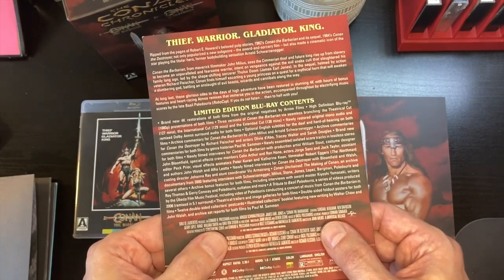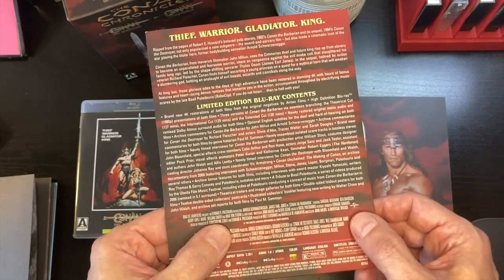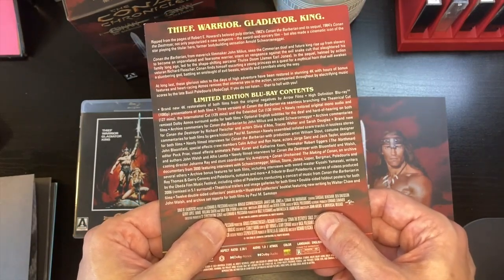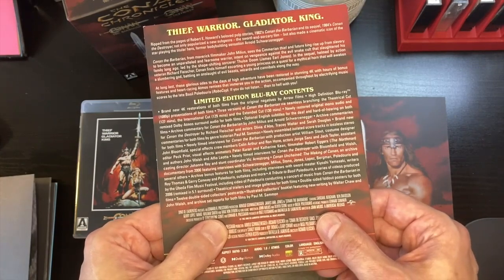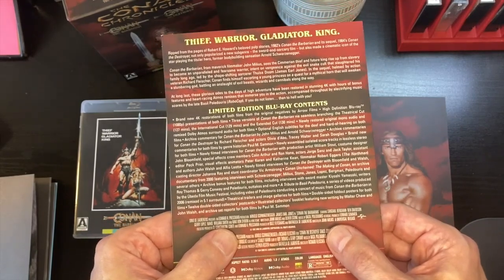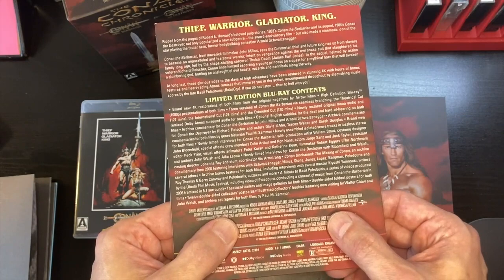Just an absolute master. And I have seen the concert footage that they have included in here, and it's fantastic. Basil's wearing a scarf over his head because I believe he was going through cancer treatment. But it's a beautiful, beautiful concert, and I'm looking forward to checking that out. The concert is remixed in 5.1 surround. There's also theatrical trailers and image galleries for both films, double-sided fold-out posters, which we checked out for both films,